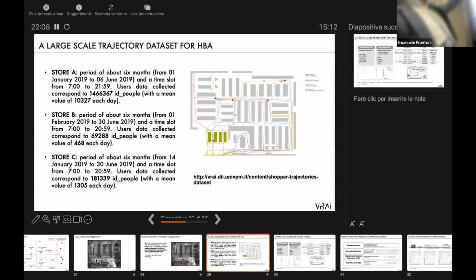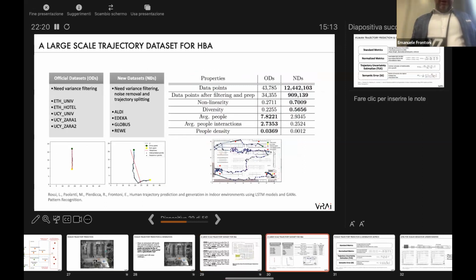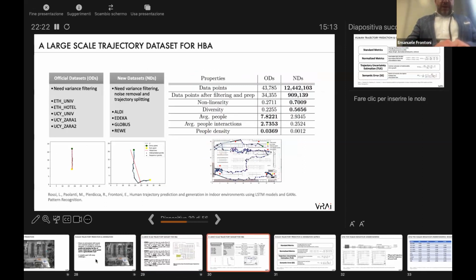You see the numbers, okay? Millions of people that are tracked centimeter by centimeter inside the store. But the problem here is that we have different stores, and we started doing a lot of research on this kind of topic, also comparing some traditional trajectory-based data sets with some retail specialized trajectory-based data sets. This is probably one of our best papers in the last years. You can find this in Pattern Recognition, and we published